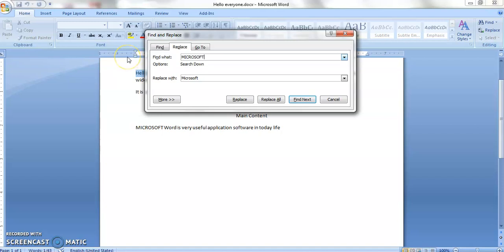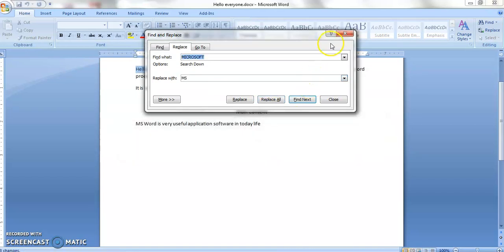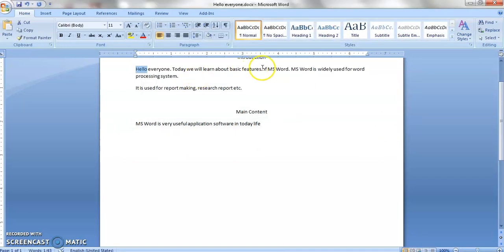All the words named Microsoft in the particular file, hello everyone.docx, have to be replaced by MS. See, every Microsoft word has been replaced by MS. First one this, second is this, and third one is this one.